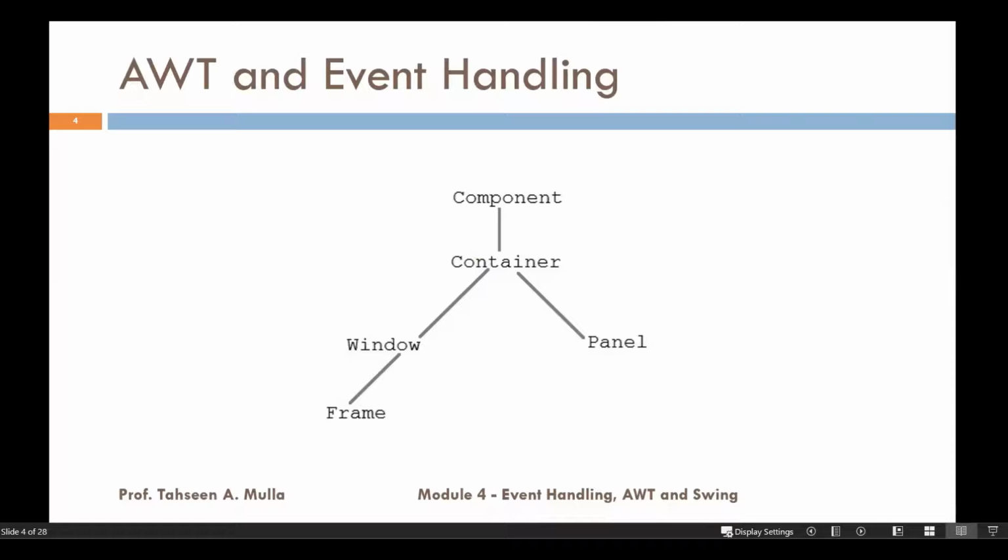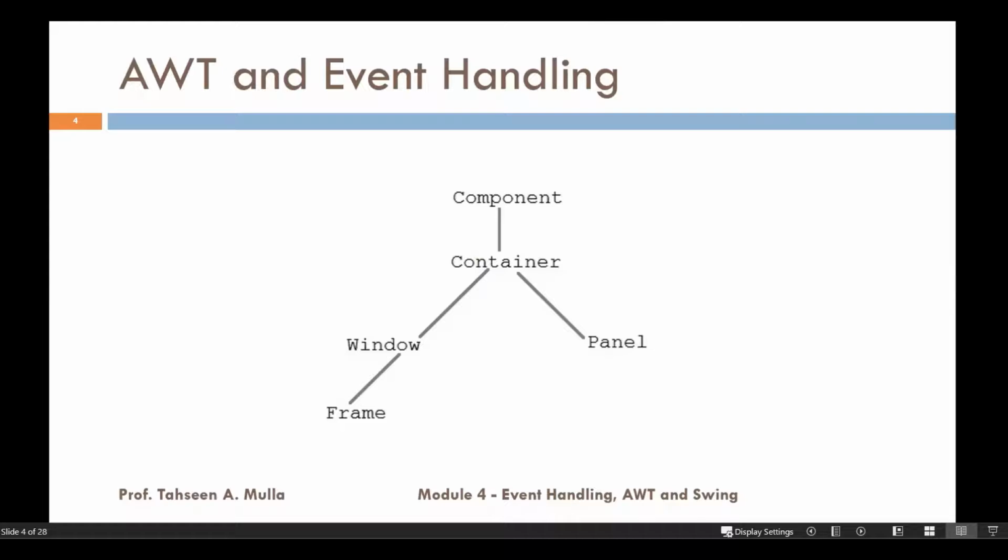Whereas a Window creates a very top-level window. There's a difference between Panel and Window. A Window does not have borders and menu bars. It will only have a title bar indicating what type of window you have opened. You can give a title to your window also, but it won't have borders and menu bars. So think of a window which does not have any border or any menu bar.